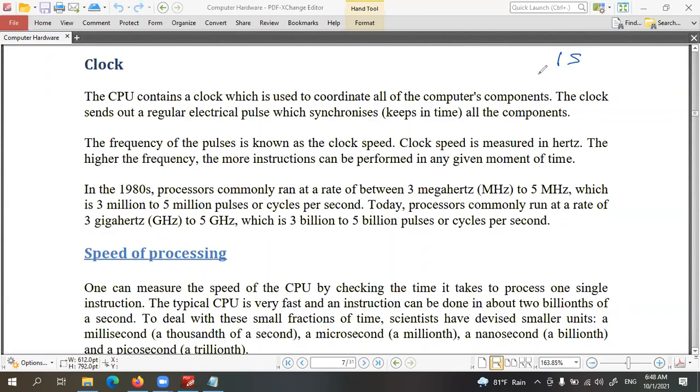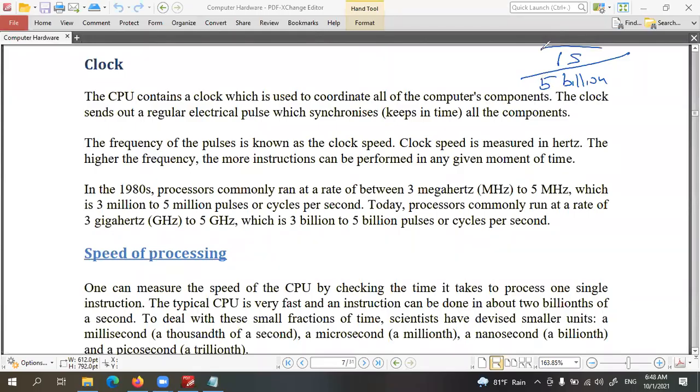So in a computer, one over 5 billion, that small, is one single unit of time calculation, right?